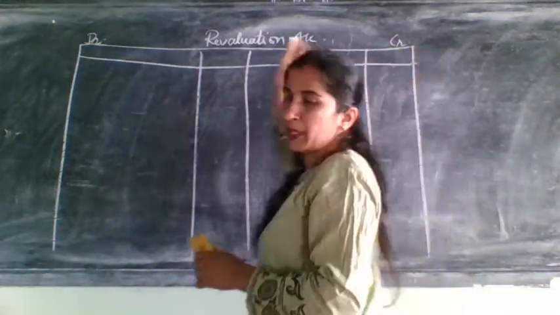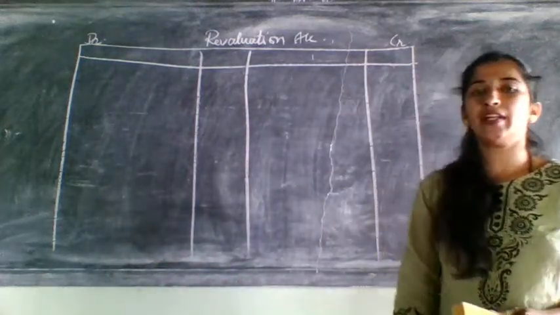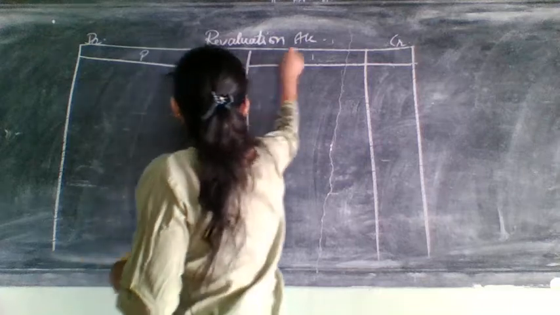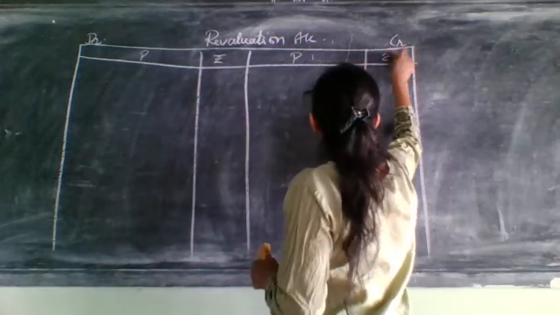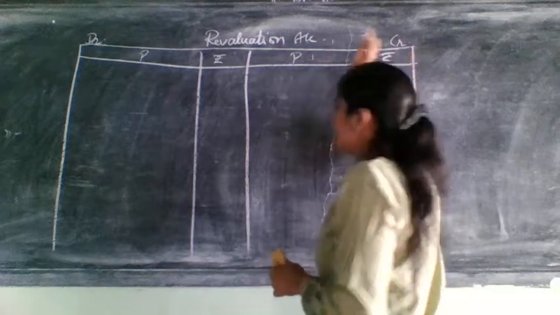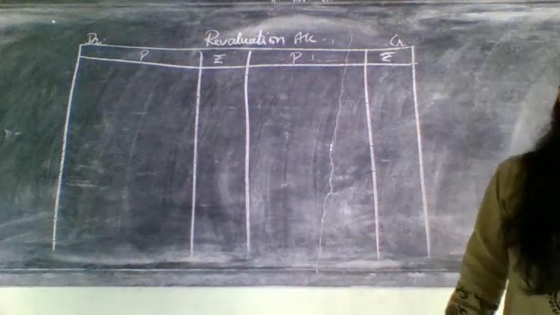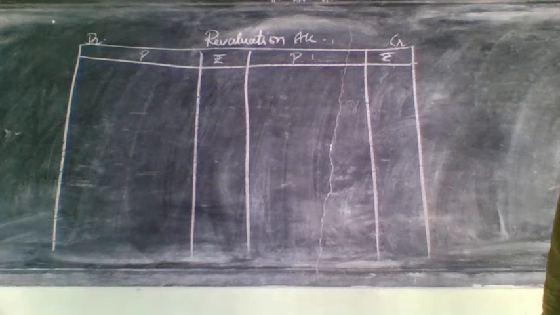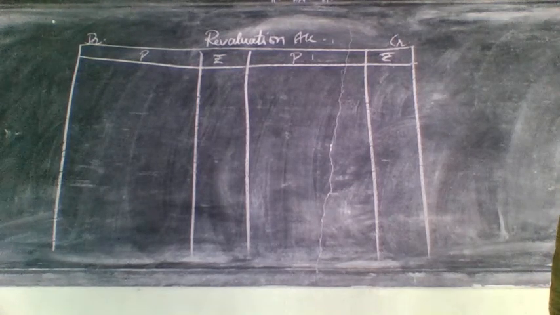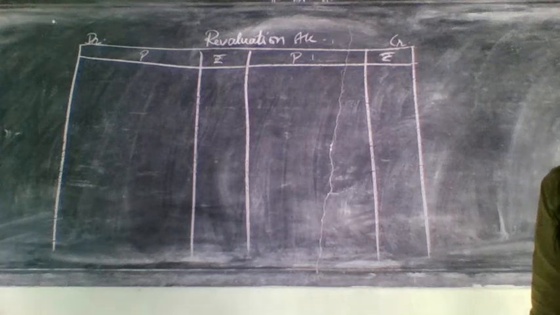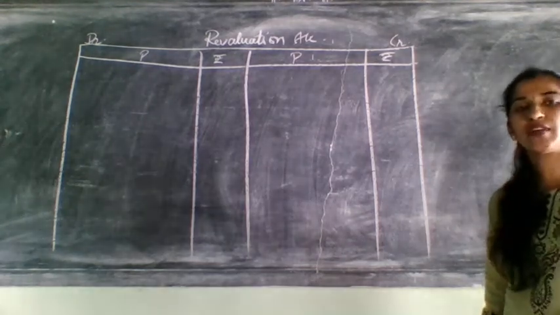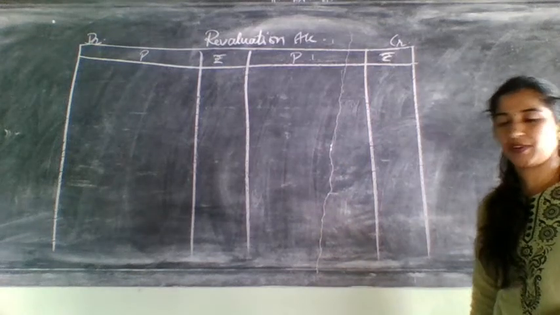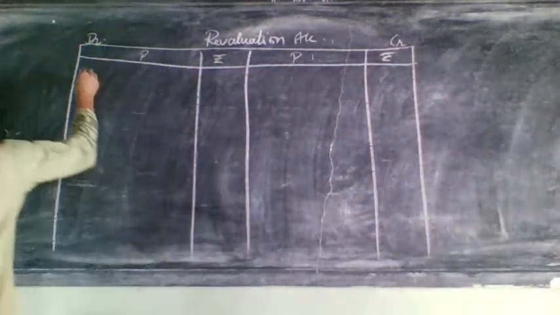A and B will appear in which one? Partners capital account. So write here particulars, rupees, particulars, rupees. I have written it in short form, but don't do it like that; write it completely. After writing that, we can go directly to the C adjustment. Motor car and machinery are to be depreciated by 20% and 3,800 respectively. Depreciation will come on the debit side of the revaluation account, because it decreases the value of the asset.